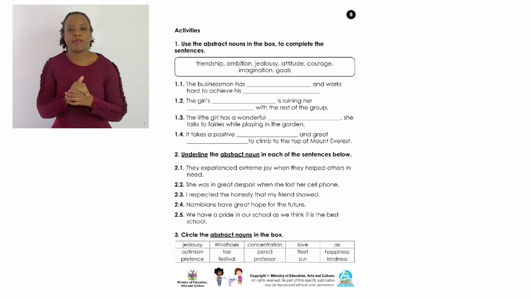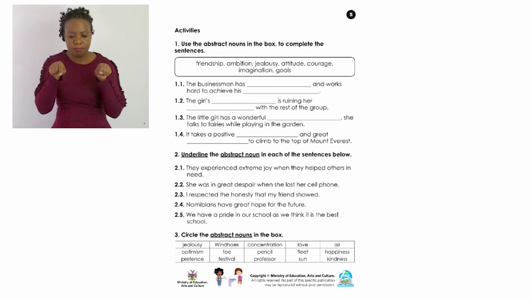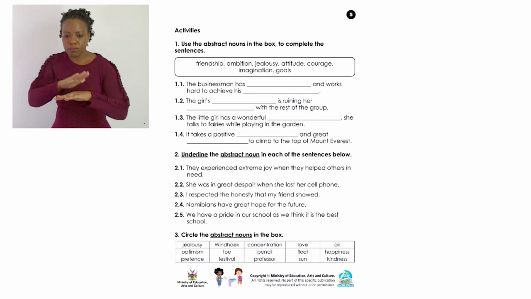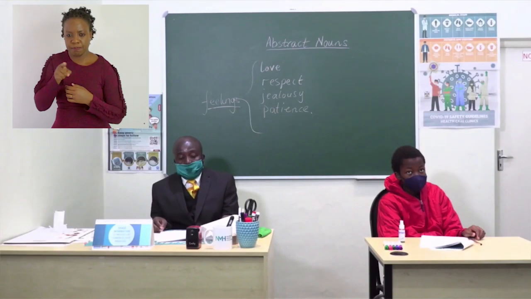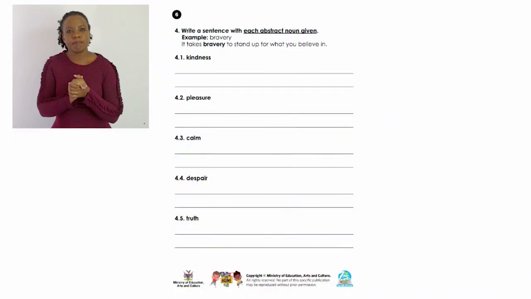Still on the same page, we have activity 3. Circle the abstract nouns in the box. We have quite a number of abstract nouns there, but they're also mixed with verbs, mixed with adjectives, etc. Just pick on abstract nouns and circle them, like the word love. Okay. If we turn to page 6,